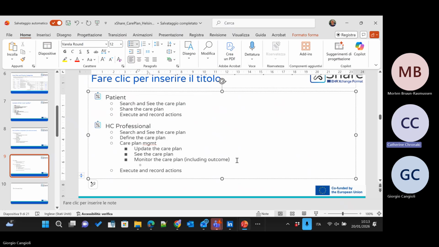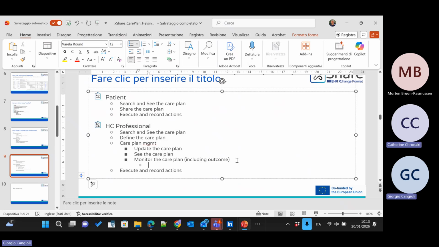Can I also add what is important, because when you are making a FHIR profile, sometimes we are putting in whether this is mandatory or optional. We have a rule in Denmark in our care plan project saying that nothing may stop you from making a care plan.